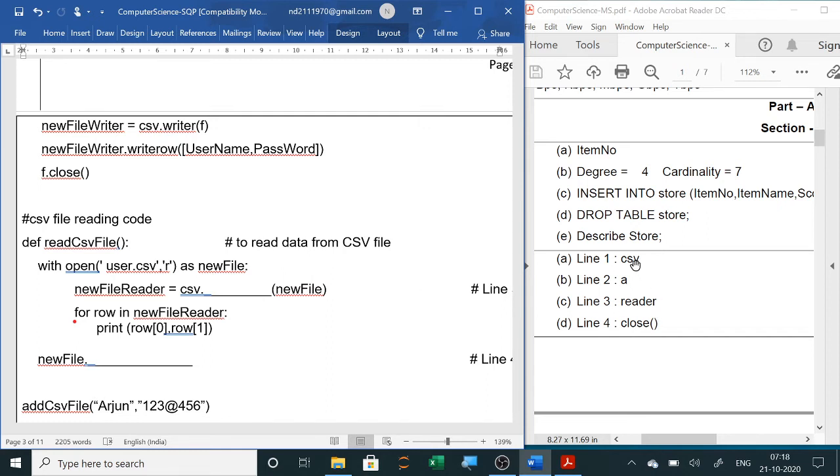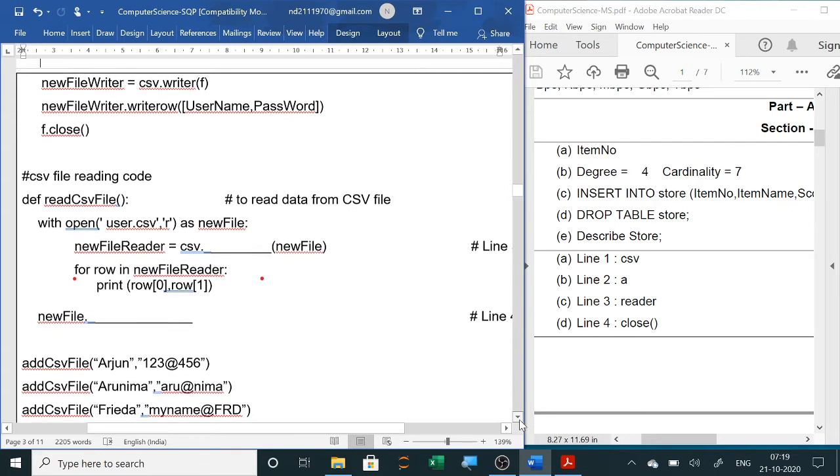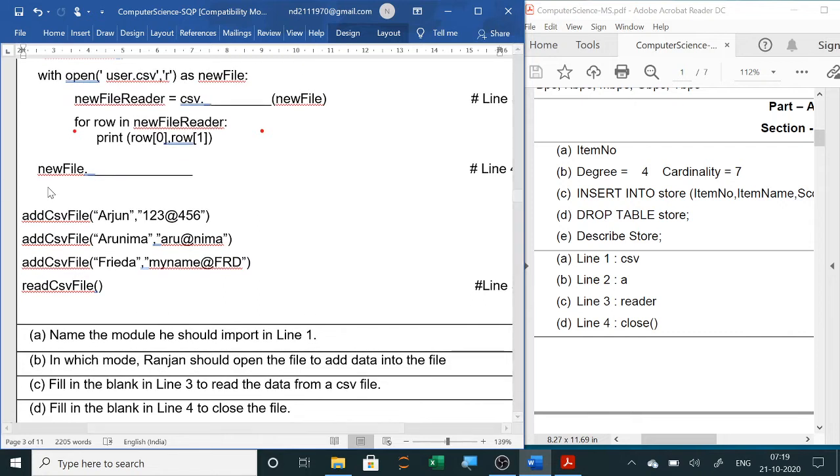You can see the answers here: csv, then append mode, for which A is written, then reader. Then when your task is over, we are closing our files. So here you are closing this file, and for this we will write the close command.